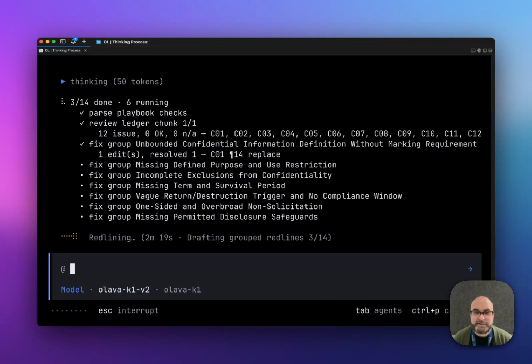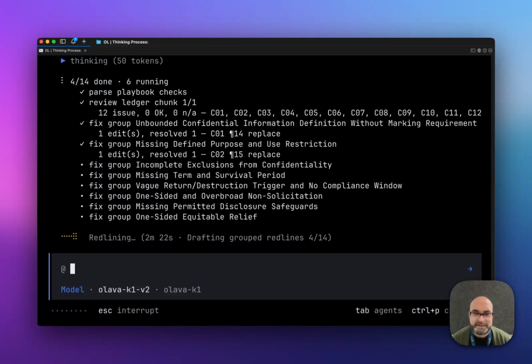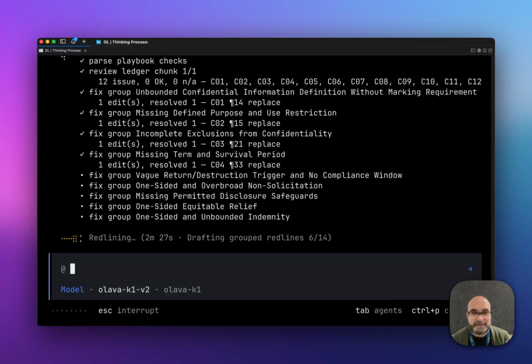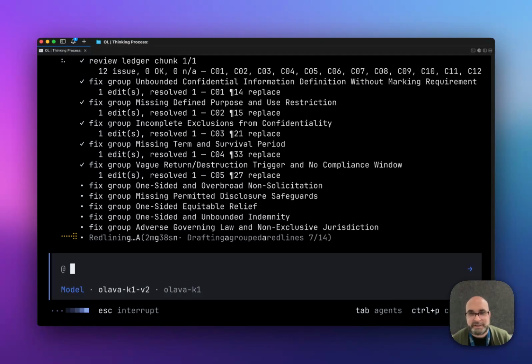One of the powerful things of having a small language model that is as performant as Frontier models is it's much cheaper per token than Frontier by orders and orders of magnitude, anywhere from 12 to 50 times cheaper. And so you can have very in-depth skills and workflows where you have the agent double and triple checking its work, running diffs and all of that stuff. So you can get a much more powerful or accurate result from what it's doing. So we'll just let this do its work here, and then we will show you the